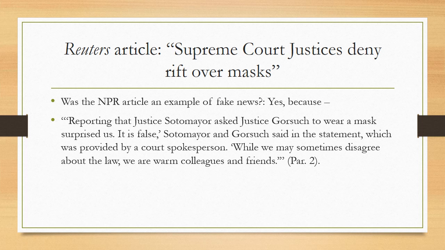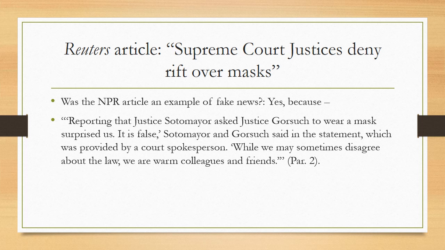So the NPR article had an agenda of presenting and reporting discord between a liberal judge and a conservative judge on the Supreme Court. And these two judges are saying together in a joint statement they wrote together that even though they disagree often because they have different political biases, they're warm colleagues and friends. And so they basically refute the